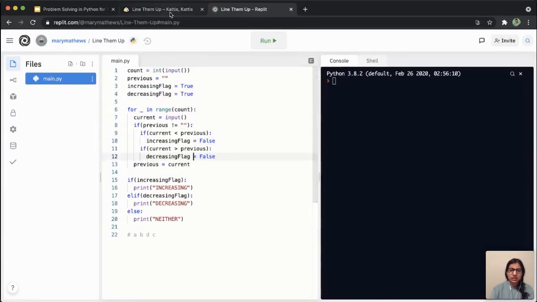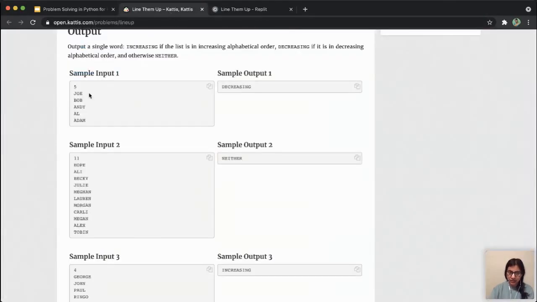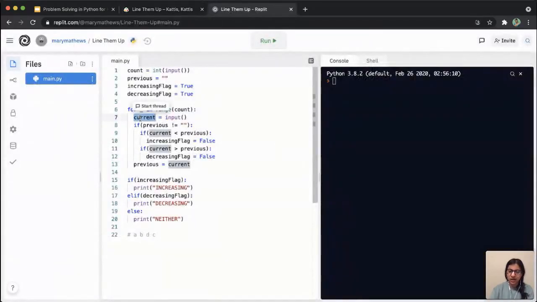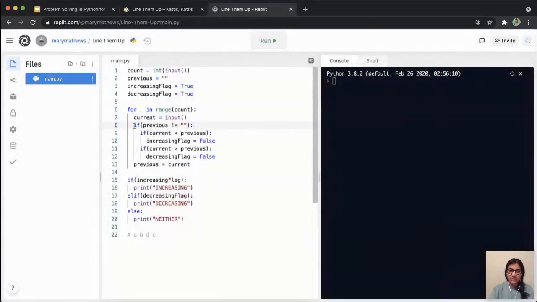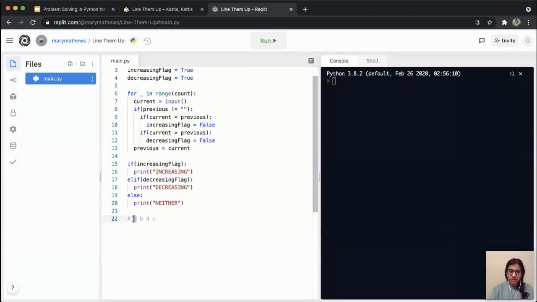And then within my loop, in each iteration, I'm taking the name as input first. So that's current, okay? My current variable is set to each name, one by one. And then I'm checking, is my previous an empty string? So just consider this example for a minute. Suppose these were my 4 inputs, okay? And then in my first input, when I have A, I don't have anything to compare it to, right?